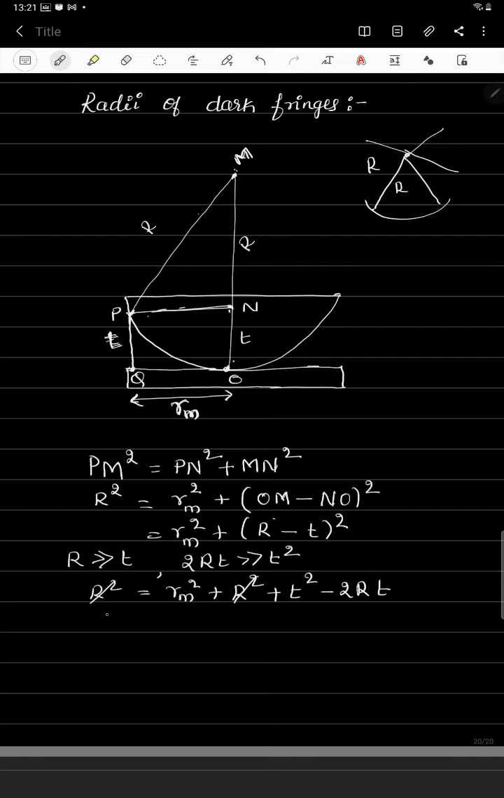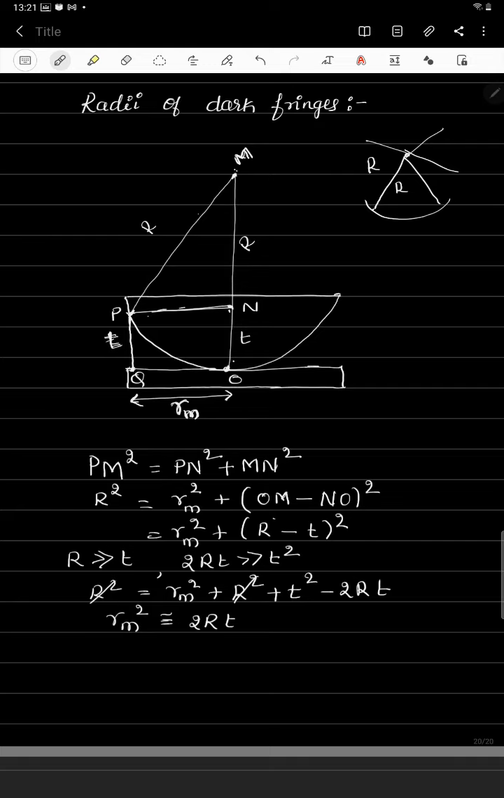From this what I can write is Rm square is equal to... since this 2RT is far greater than T square, this T square term we are going to neglect. So this approximately becomes Rm square is approximately equal to 2 times RT, because this T square,